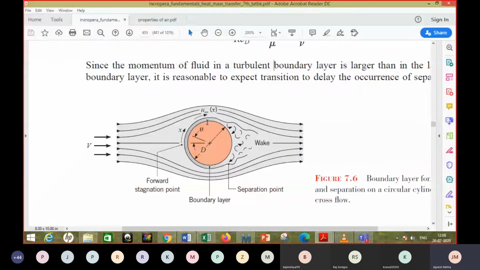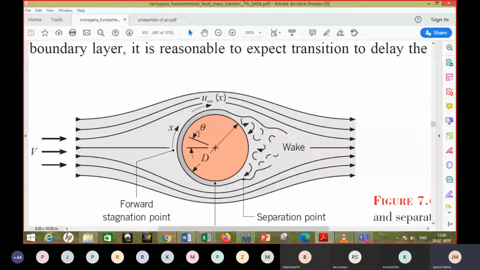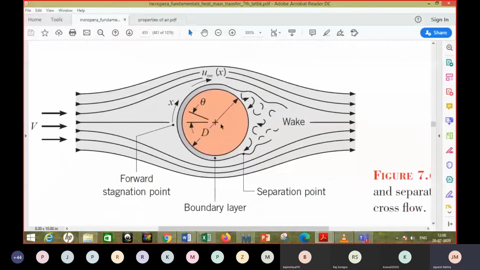Now we call it cylinder in cross flow also. That is because this is a two-dimensional diagram, and the axis of the cylinder is perpendicular to the page. You can see this plus, it means the axis is perpendicular to the page. So what you see is just the cross section of that cylinder, which is circular, and we are trying to explain the case with the help of